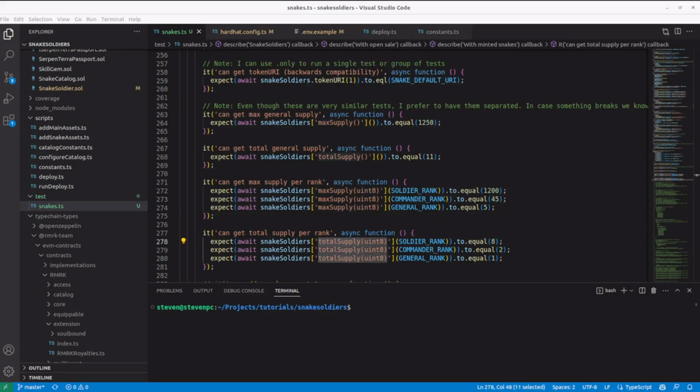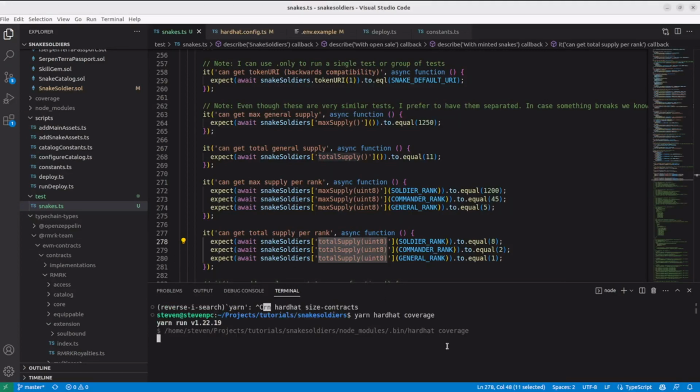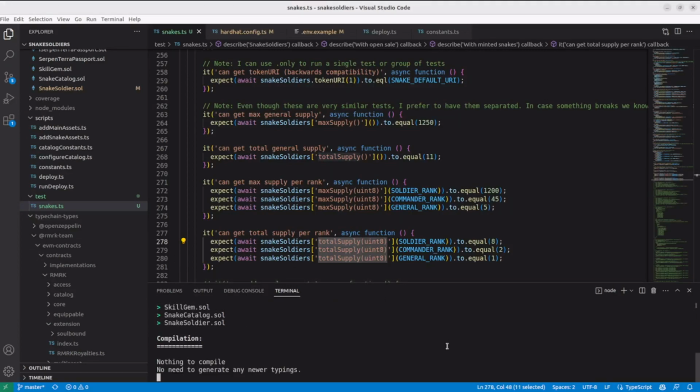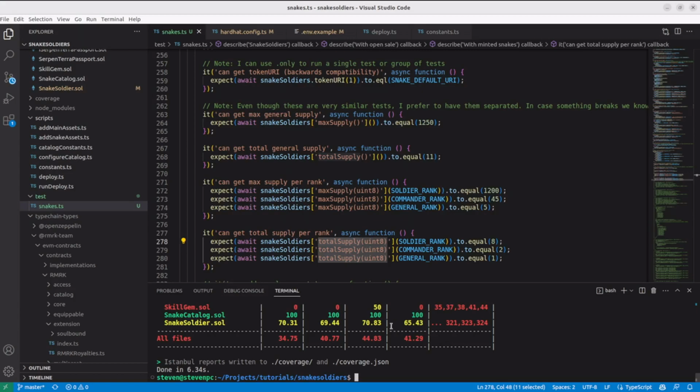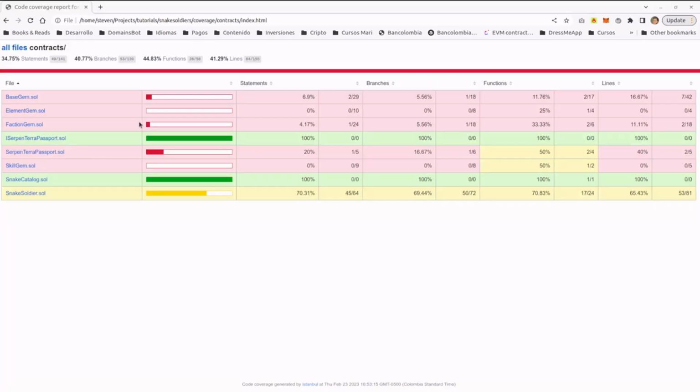Let's stop for a moment to check the coverage, which we can do with a simple command. Coverage is a great tool to make sure you're going through all the code with your tests. This extension generates a nice HTML page with the results. It will show you by statements, branches, functions, and lines how many of them you got covered, and you can navigate through each of the files.